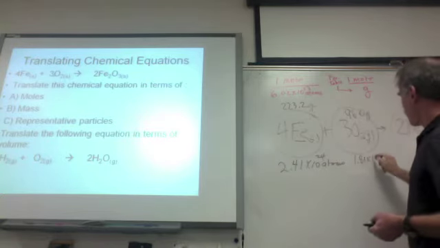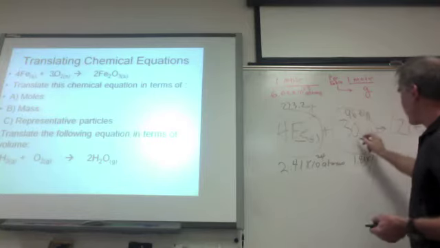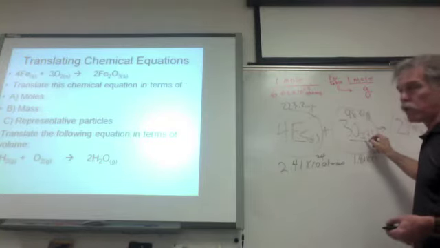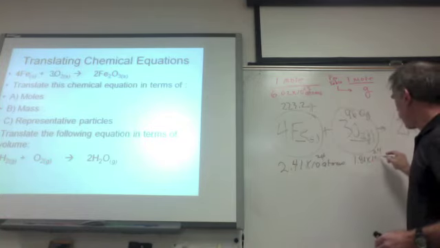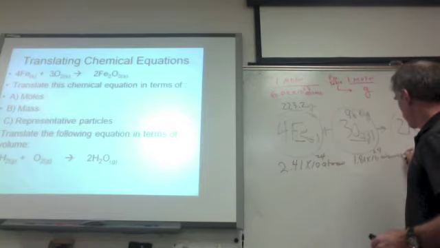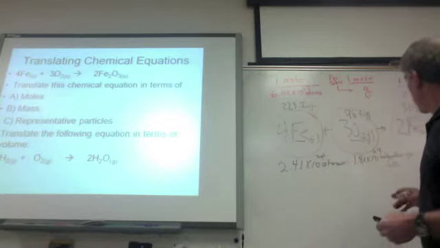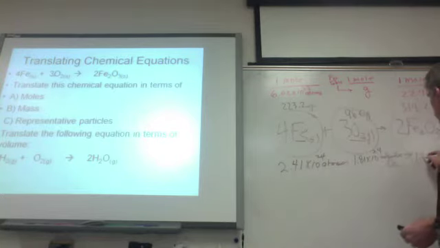1.81 times 10 to the 24th. And this is a molecule, because it's O2. There's 2 nonmetals together, molecule. 1.81 times 10 to the 24th molecules of O2 react to produce 1.20 times 10 to the 24th formula units of iron